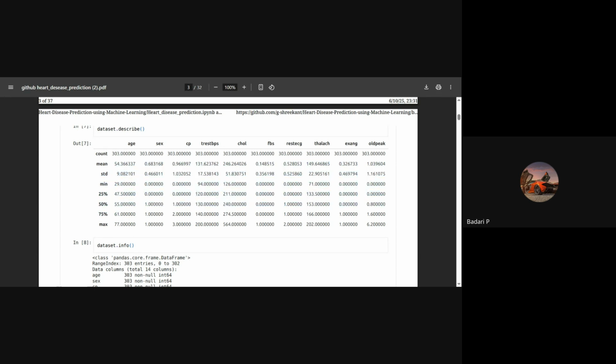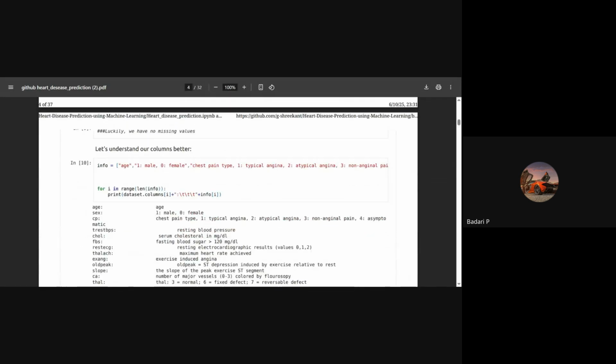So here, see, mean calculated for age. The average age is 53, the minimum is 29, and the 25% mark is 47, then 55, 67, and the max is 77. Like this I calculated. Another one is male and female, and CP, what type of chest pain, and the blood pressures and cholesterol. Like this we calculated these values. And after that,